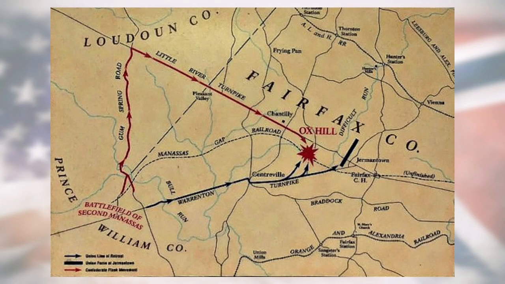As the battle progressed, Kearny's division arrived and engaged Major General A.P. Hill's men in intense combat, exacerbated by a severe thunderstorm. The storm added to the chaos and difficulty of the battle, but the Union forces managed to halt Jackson's advance. Tragically, Kearny was also killed during the fighting.